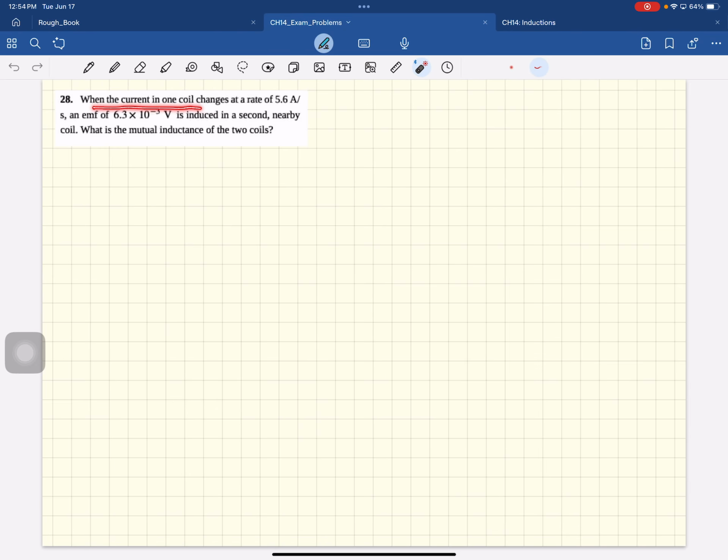When the current in one coil changes at a rate of 5.6 amps per second, an EMF of 6.3 millivolts is induced in a second nearby coil. What is the mutual inductance of the coil? Okay, so